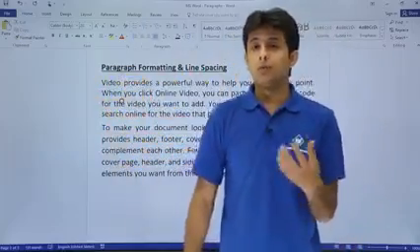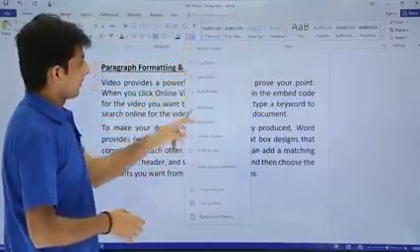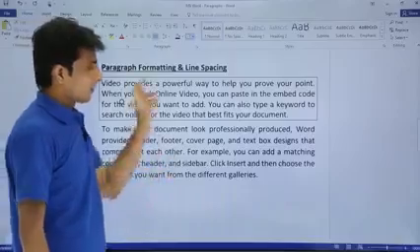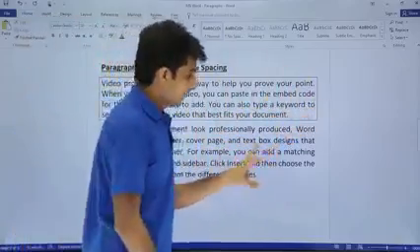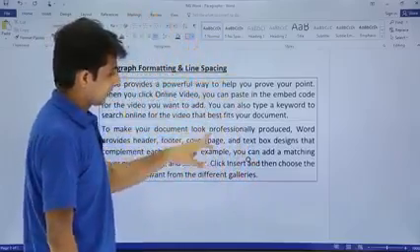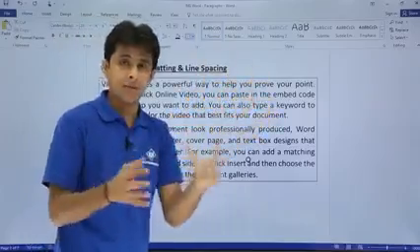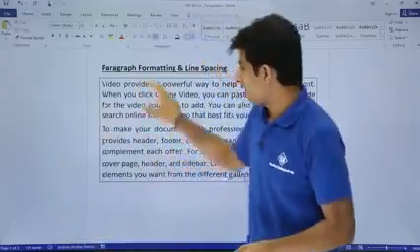Similarly, if you keep your cursor at this location anywhere, because this entire thing is one paragraph, these 4 sentences, and you want to put a border to that, it's simple. You can just do it like this and select border. You observe here, it is not given for one line, but for the entire paragraph. So borders are easy. Keep your cursor and just click on this border. The entire paragraph is also given here, but both have combined together. If you want specifically, you can select the text and also give a paragraph border.